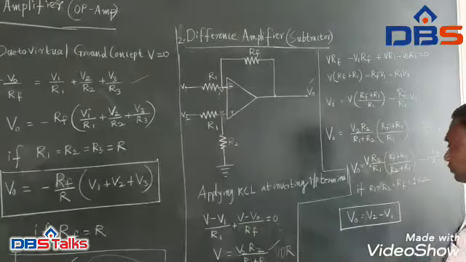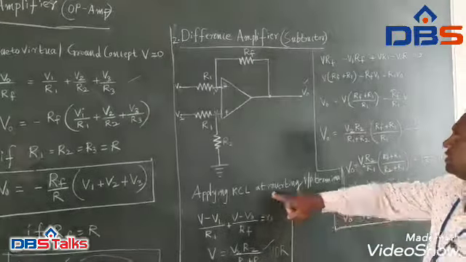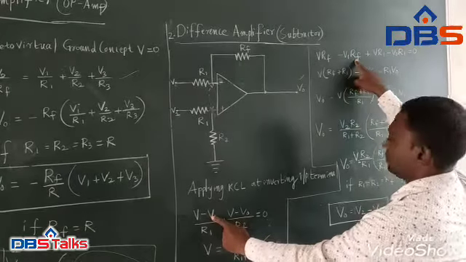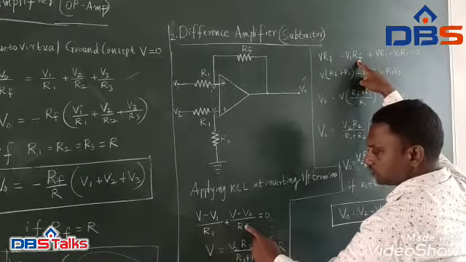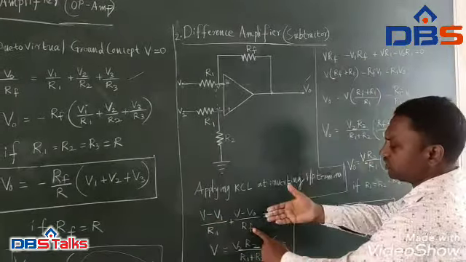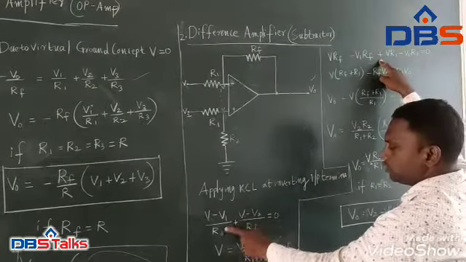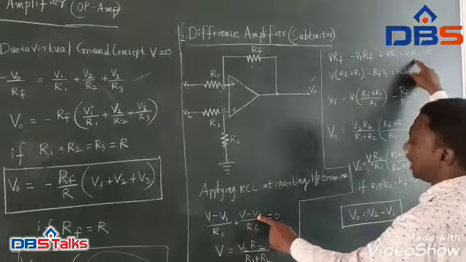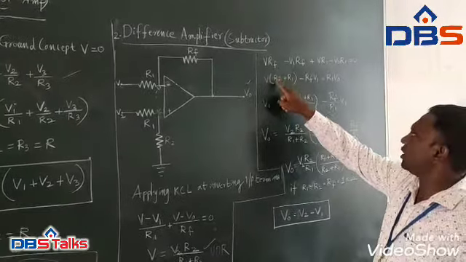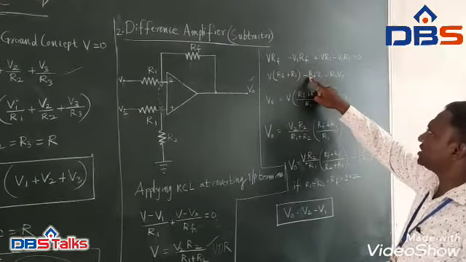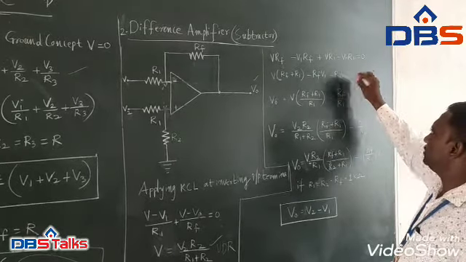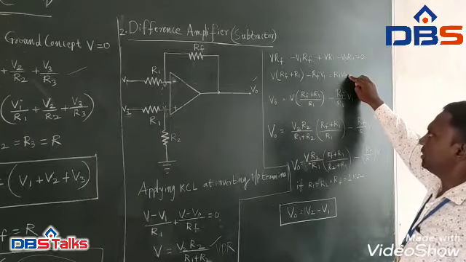Now we are simplifying this equation. See, V into RF minus V1 into RF, because here R1 only comes here. So that is why V into RF minus V1 into RF. Even if you take LCM, you can get that. Plus V into R1 minus V0 into R1 is equal to 0. Simply if you rearrange it, you take common V here: (RF plus R1) into V minus RF into V1 is equal to R1 into V0. This term I am bringing to the right hand side, it will become like this.